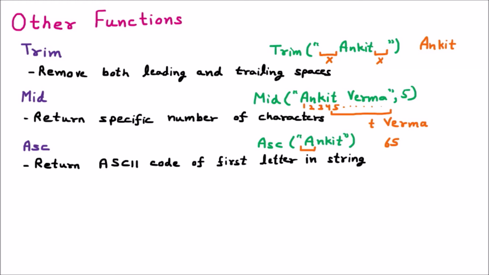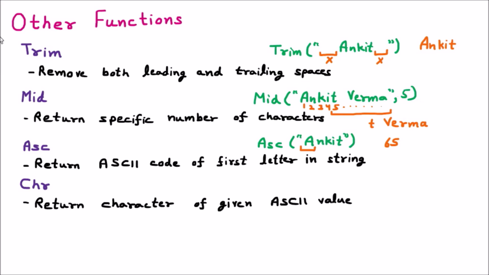Now the opposite of that, we have a function which is the CHR. If we have the ASCII code, and reverse of that we want the character, then this CHR will convert it. So CHR function is going to return the character of the given ASCII value. Let us suppose that we are writing here CHR, that means provide the character. Now in the bracket we are passing 65. We know that 65 is the ASCII value of A. So this will return the corresponding letter, that is A. So the ASCII value 65 will be converted to the character A.